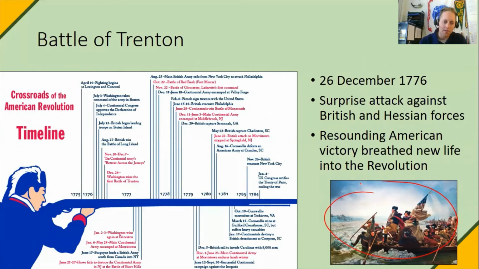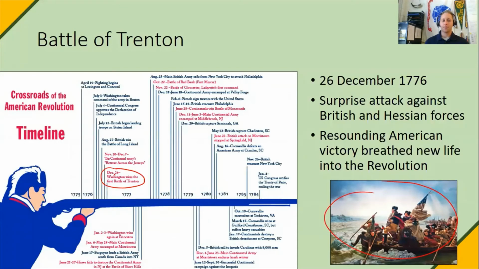For the timeline over here, you can see there's a whole lot of stuff going on. I'm just nitpicking a couple of battles to talk about in the entire duration of the war. The timeline here goes from 1775 with Lexington and Concord all the way until the Treaty of Paris. So there's a lot of stuff going on during this time. I just want to talk about a couple of key events. Battle of Trenton. If you're looking at the timeline,